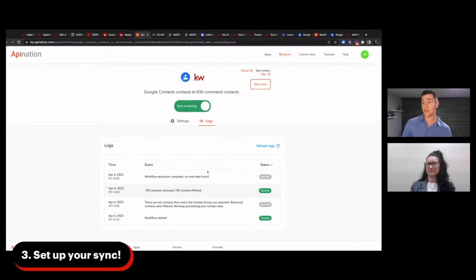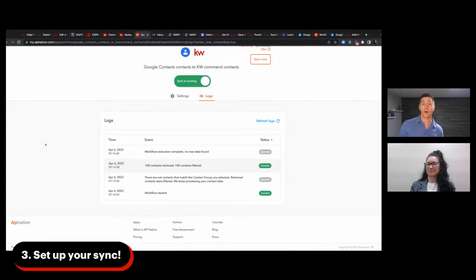I don't know if we necessarily have time to allow API Nation to walk all the way through this. Yet what I am seeing here, 100 contacts received, 100 contacts filtered, is allowing me to see that it's working. API Nation is looking in the Google Contacts and has filtered out 100 that did not apply. So no new data found from those first 100 that had that label celebrity, and it'll continue to roll through this. So if I hit refresh again,